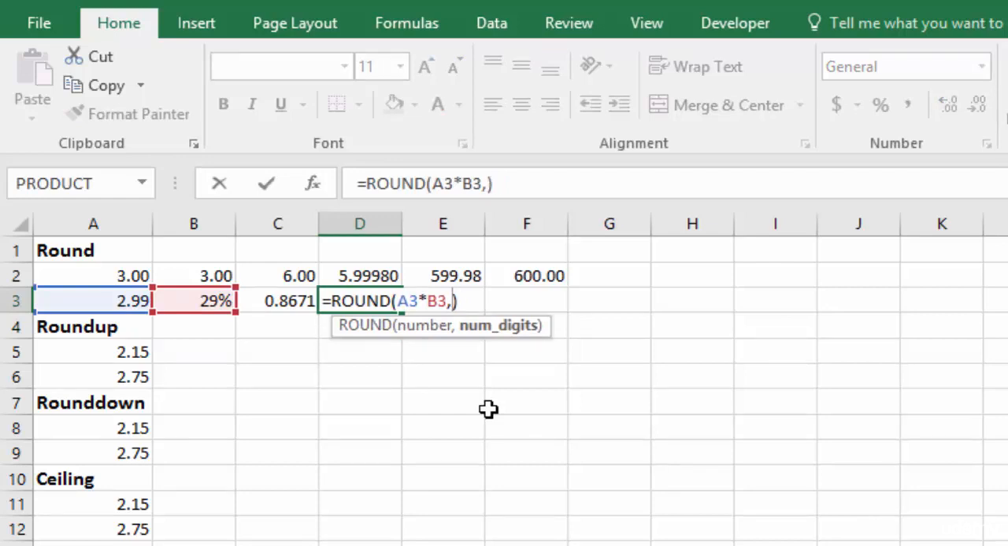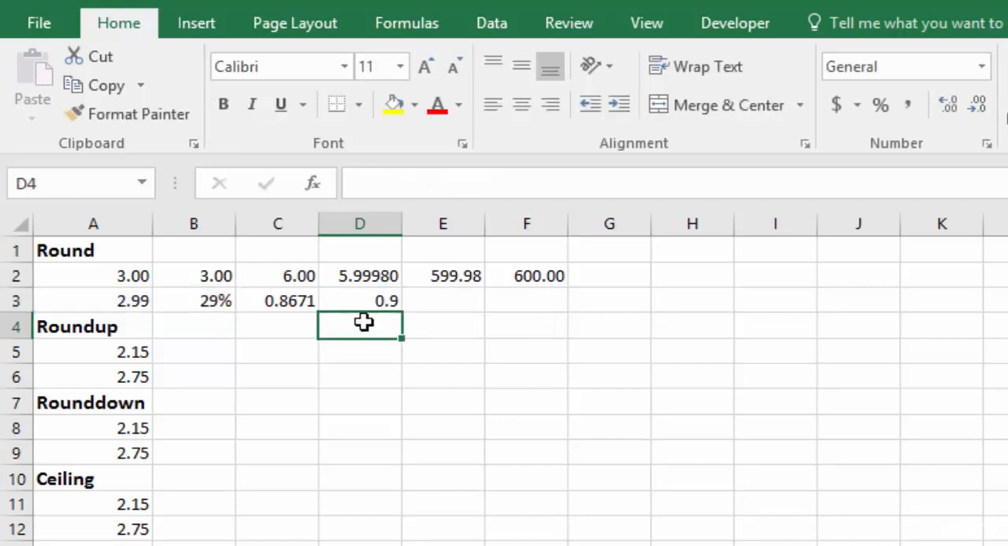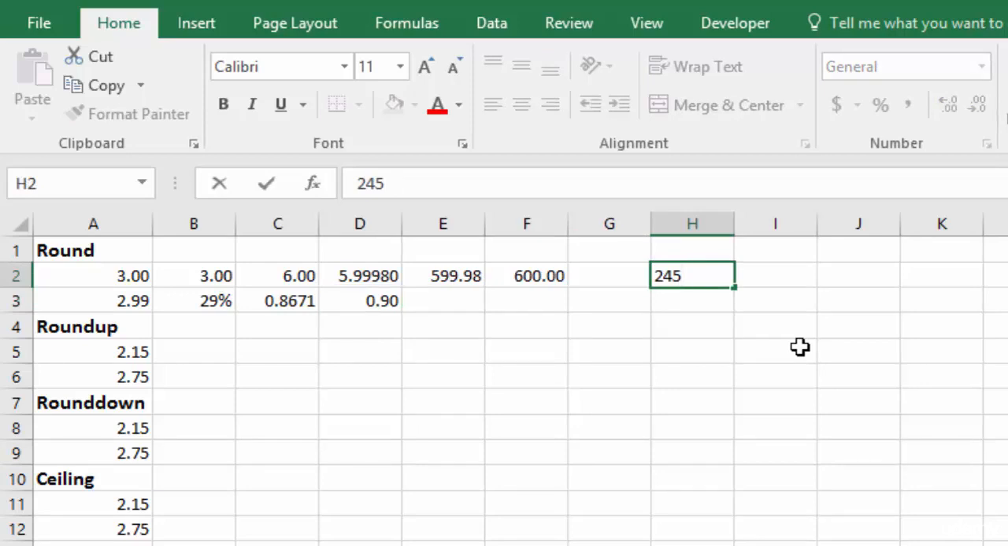If I want it to just go to the tens of cents, then I can hit the 1 and it'll round it to 90 cents. And of course I can make this look more like 90 cents by extending the decimal over, and then it looks like 90 cents. And it works better when you have larger numbers, but if I have, for instance, $245